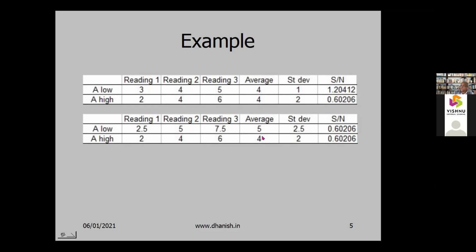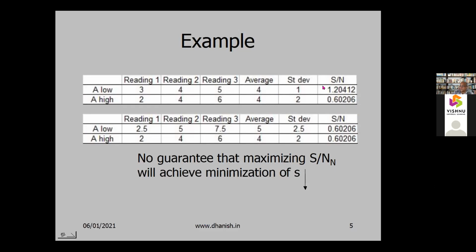But the effect average is not much different, 5 and 4. Because of the variation in standard deviation, it modifies. So here it's only the variation in standard deviation which is causing one to show as significant. In the signal to noise ratio there's a large difference, but the average is the same. So it mixes up the average and standard deviation. So it's better not to mix up the two, is what people say now.